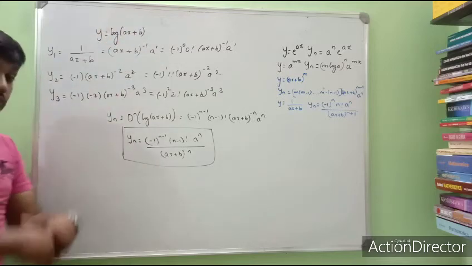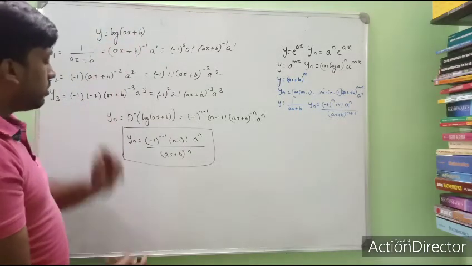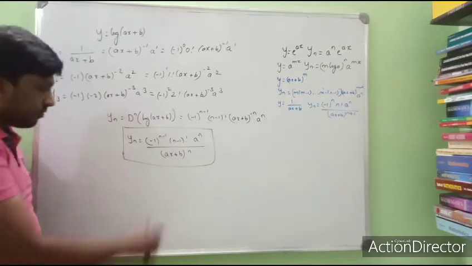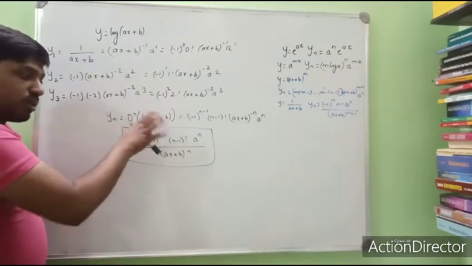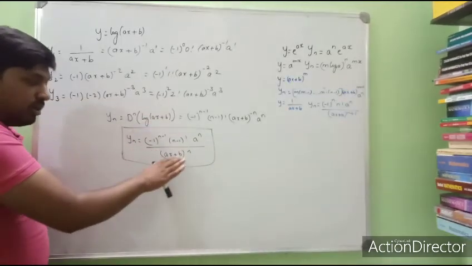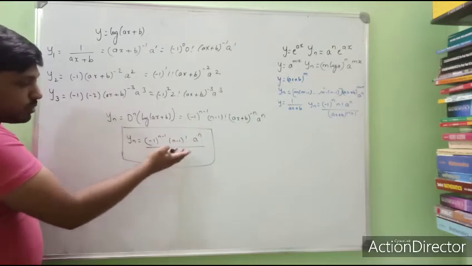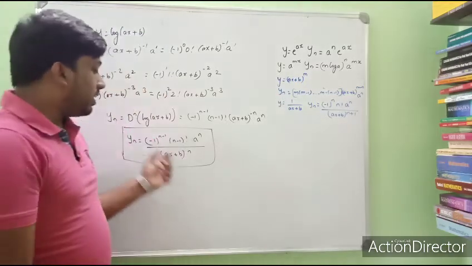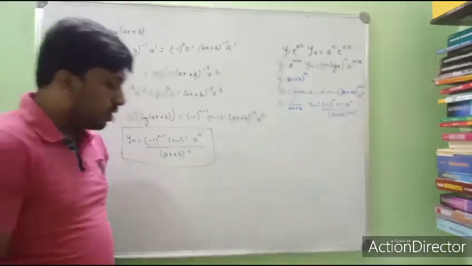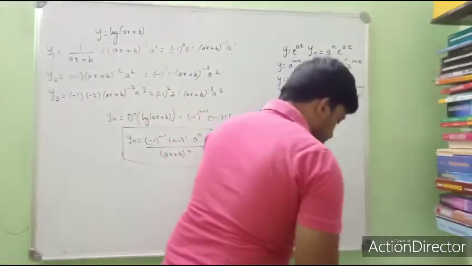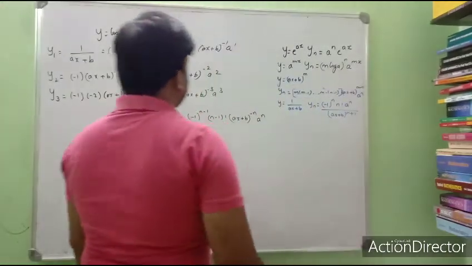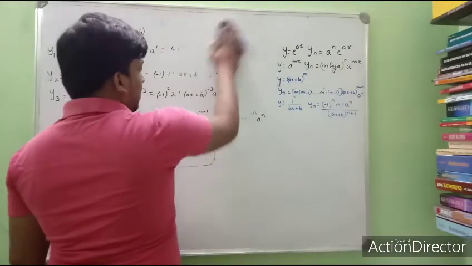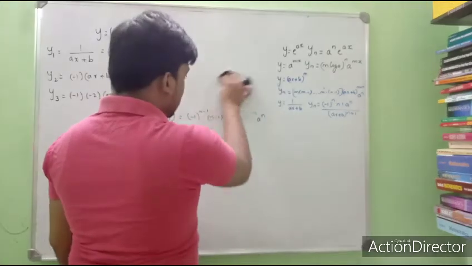If you want to find the nth derivative of this function, then yn is equal to (minus 1) to the power of n minus 1 into (n minus 1) factorial a to the power of n by (ax plus b) to the power of n. This is the generalized form of the nth derivative of the function log of ax plus b. Next, we'll go to the next generalized form. So before that,